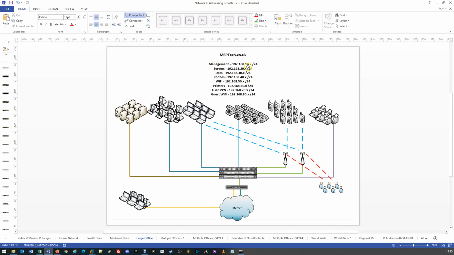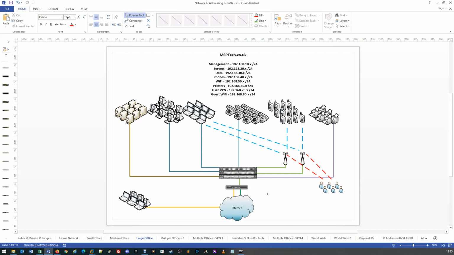When we say management, we're looking at the actual management of devices, and this might be a remote management card for a server, such as an iLO or an iDRAC. We might also refer to this for the management ports on the switches and/or firewalls or routers if they're separated, and also the management for the wireless access points if there's multiple,